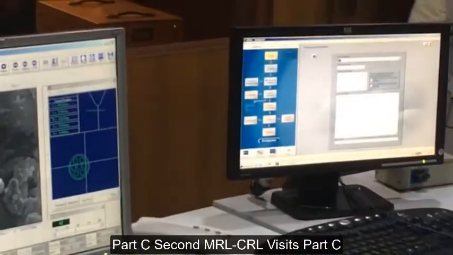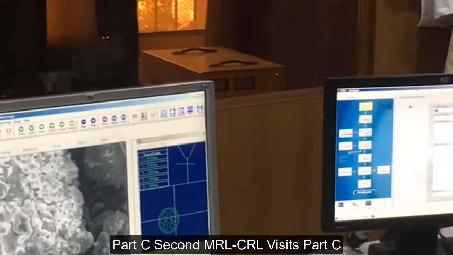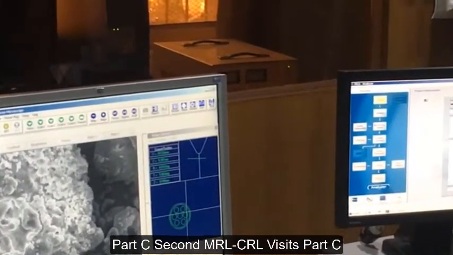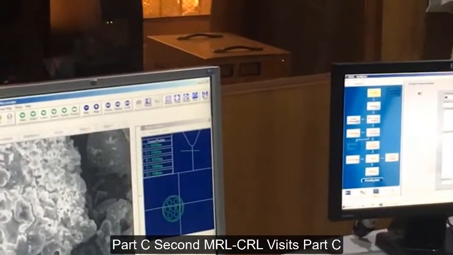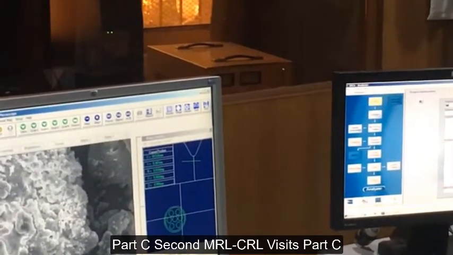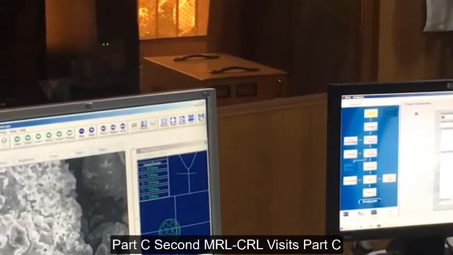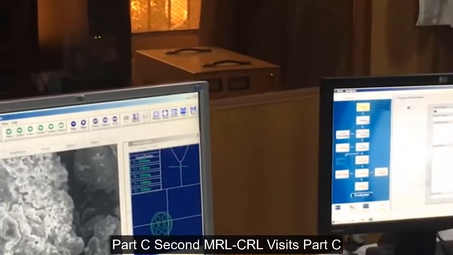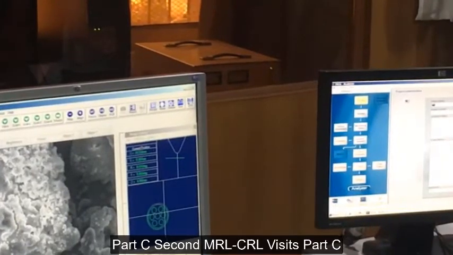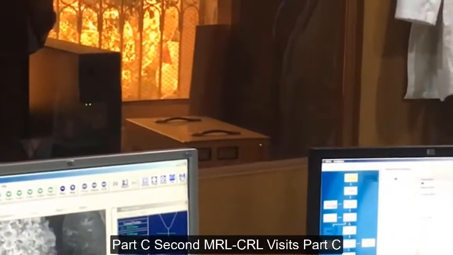This is scanning electron microscopy. In electron microscopy, this is the simplest and quickest technique which you can use for knowing the grain size of the material and the distribution of different morphologies there, but it doesn't have the facility of electron diffraction, so you don't know about the actual phase present.